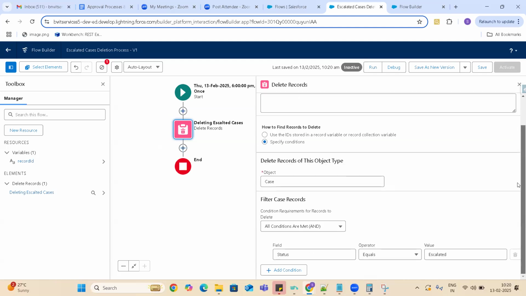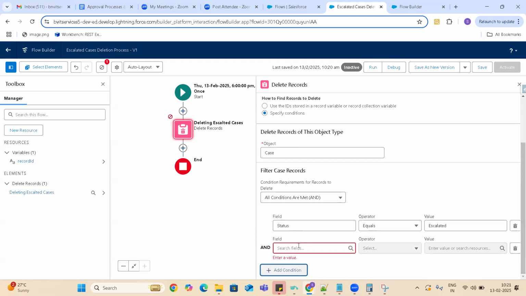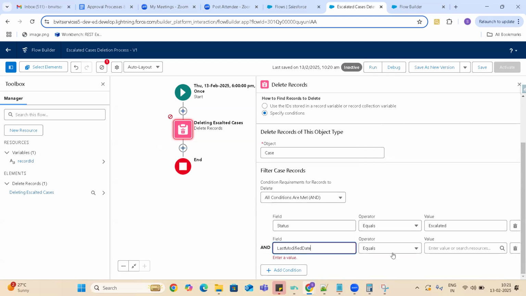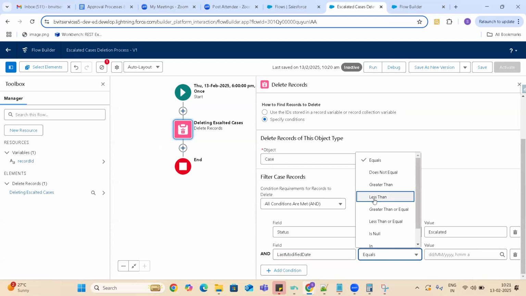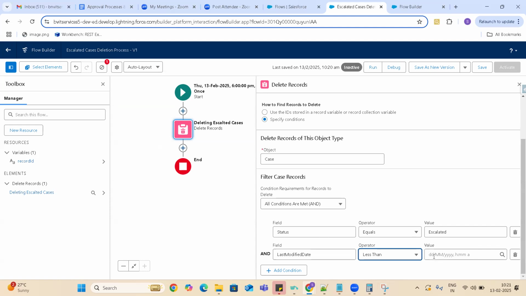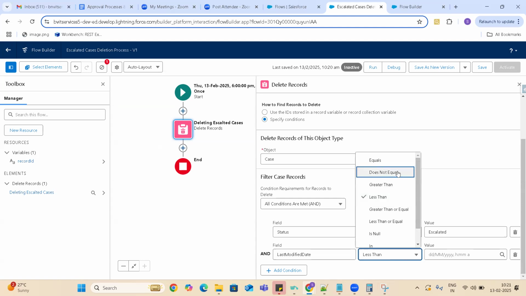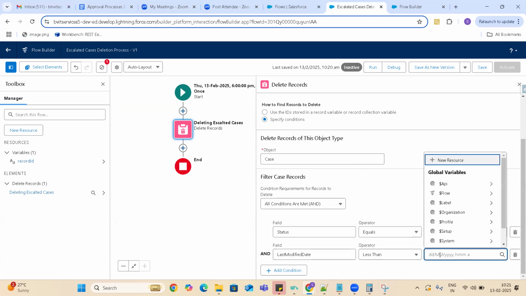We would like to delete escalated cases after a certain date. Last modified date is less than... if any cases are escalated, and we are in 2025, right?